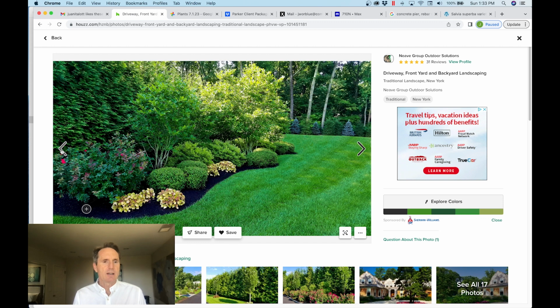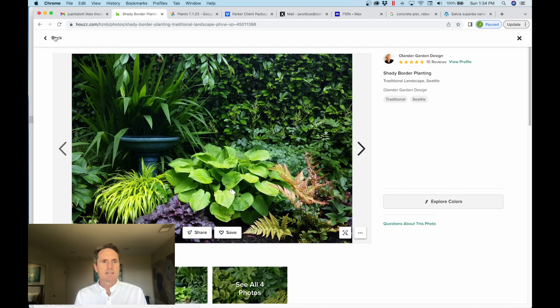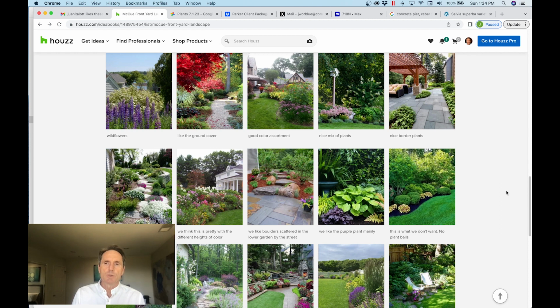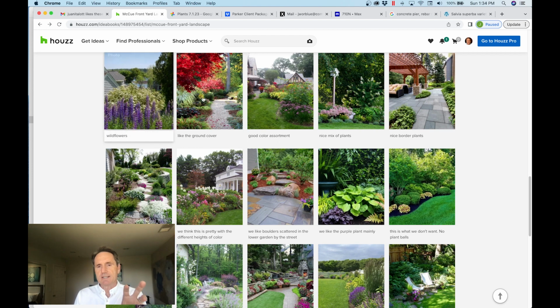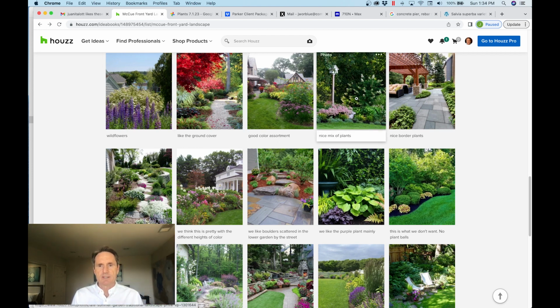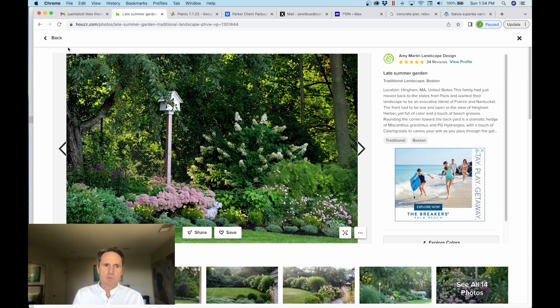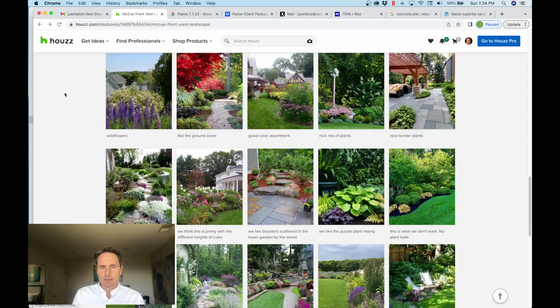So you can see how valuable this is, where you're getting these comments from clients and you're finding out what they like and don't like. It's a way better starting point for a design when you have this much information about what they like and don't like. And that's the main way I use Houzz. I get them to tell me what they like and don't like. Then I actually take some snapshots of ones that I think are really representative of things that are nice. I drop those into my plant palette photo book